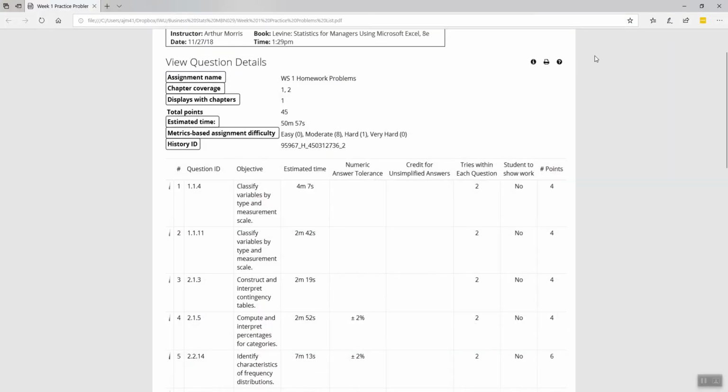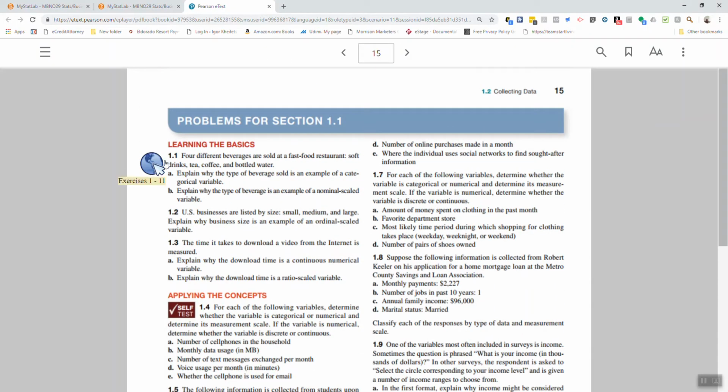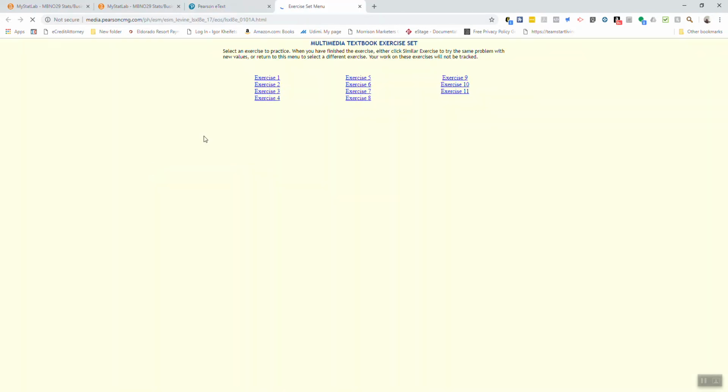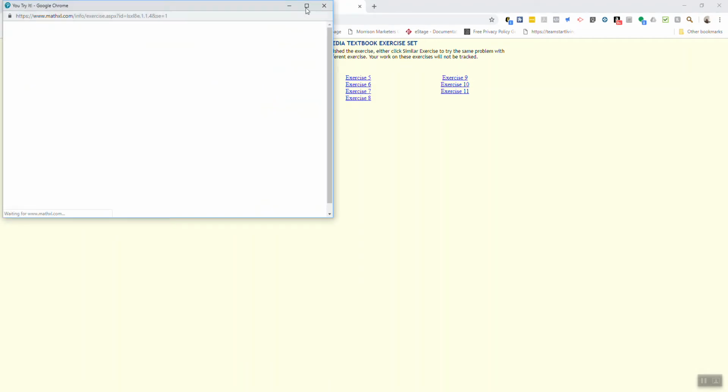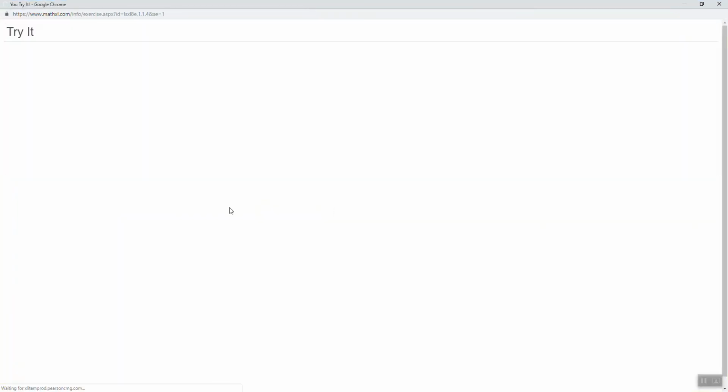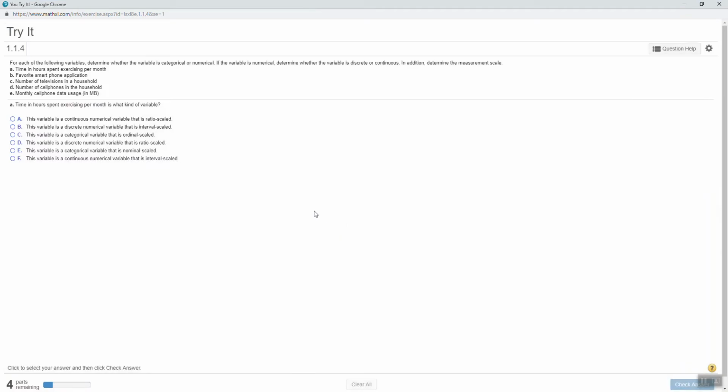on the homework, then I can click on this earth button, this link here. And you see it says exercises number 1 through 11. And these are practice problems that it's going to take you out to. So if I click there, then you see multimedia textbook exercise set. I can come down to problem number 4, and you can practice all of them if you want to, but if I just want to look at that particular problem, I can come down to exercise problem number 4 and wait for it. You have this problem that you can practice on that will be similar to that same